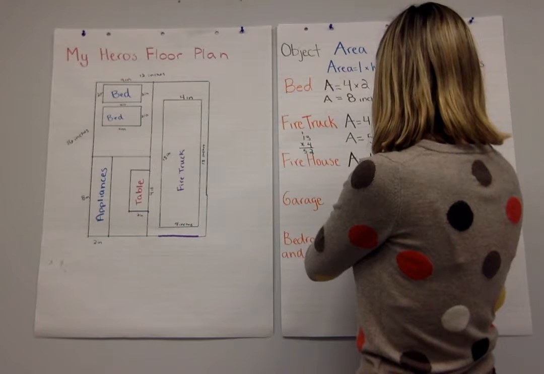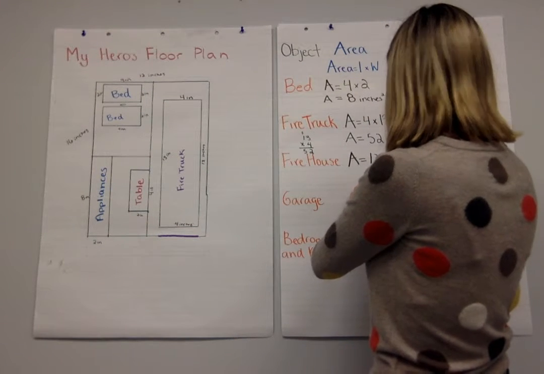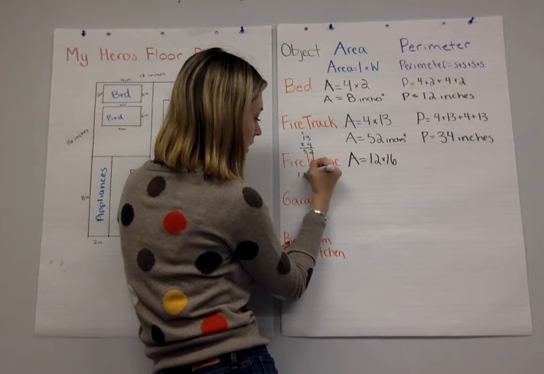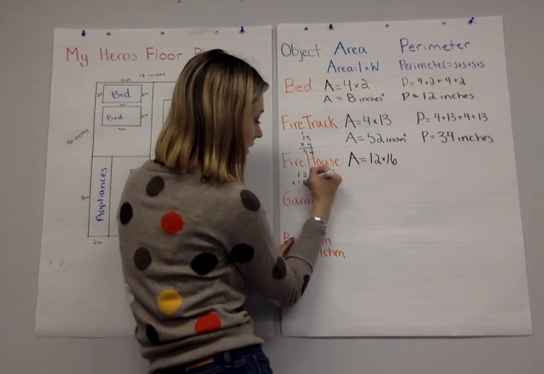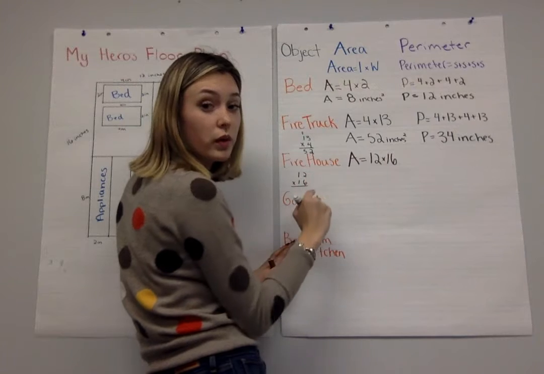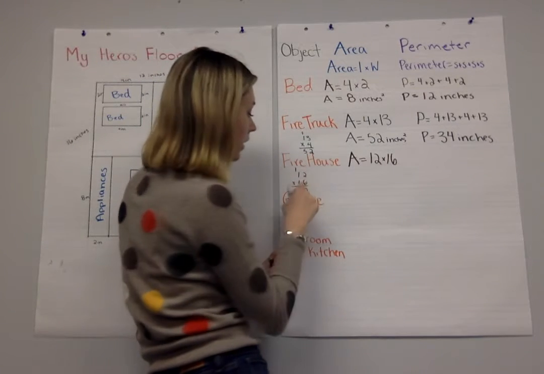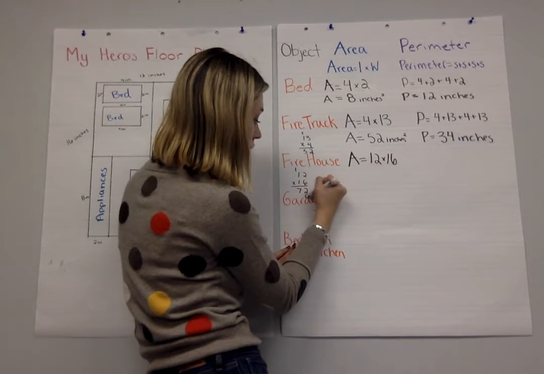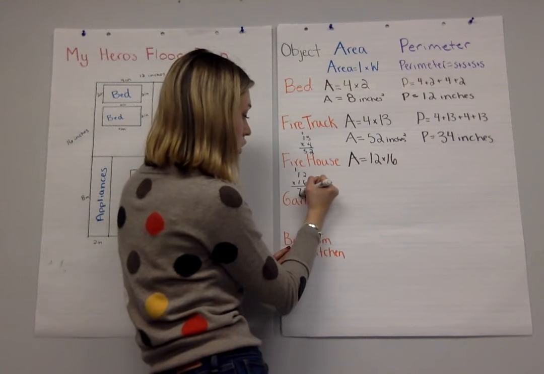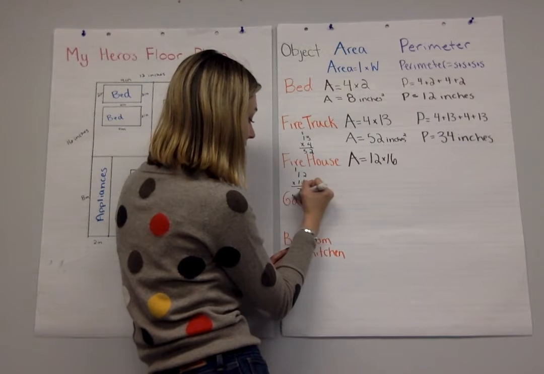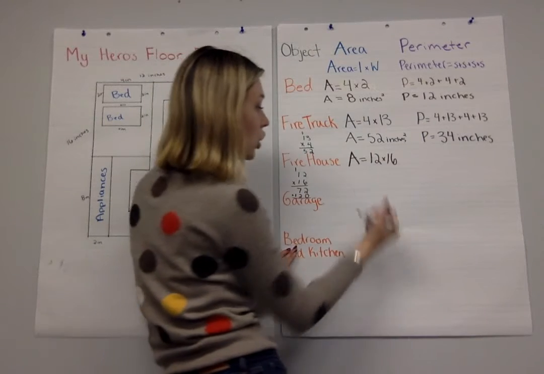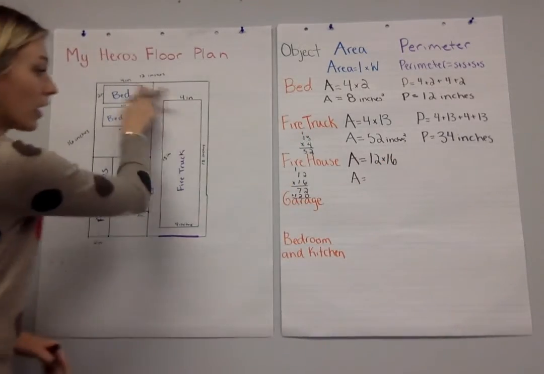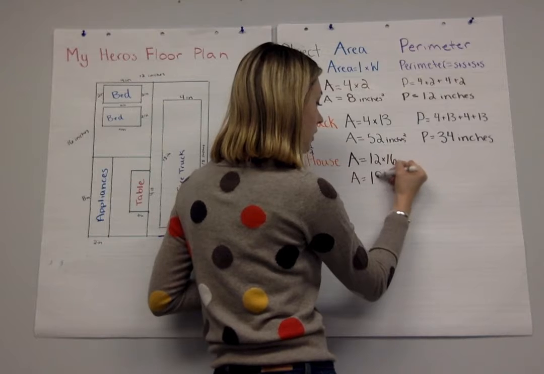Let's do 12 times 16. And I'm going to do it over here just so I can make sure I'm multiplying correctly. Let's see. 12 times 16. 6 times 2 is 12. 6 times 1 is 6, plus 1 is 7. Use my placeholder. 1 times 2 is 2. 1 times 1 is 1. Add that together and I get 192. The area of the entire firehouse is 192